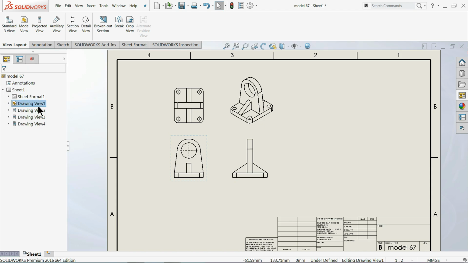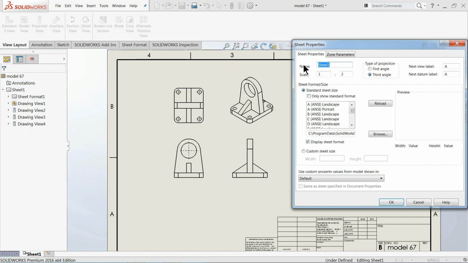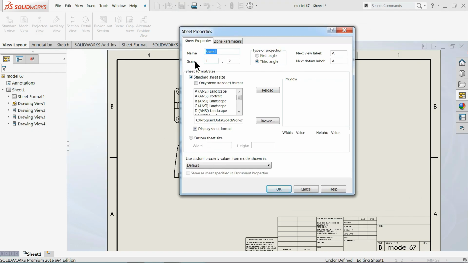Now if you would like to change, right click on the sheet and go to Properties, and from properties you can change the sheet name and the scale, also here 1/2, and the projection angle. Third angle is the standard angle people choose,